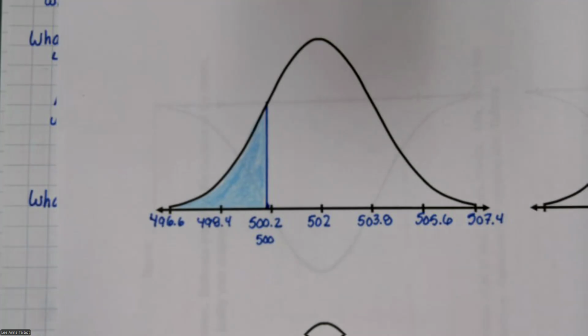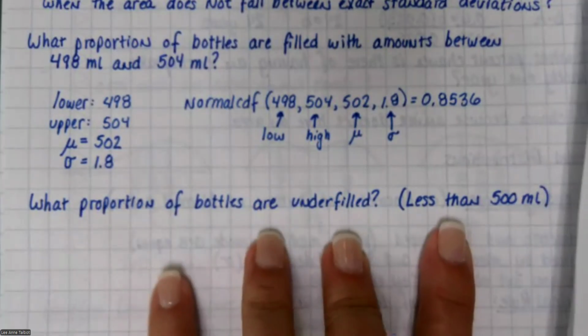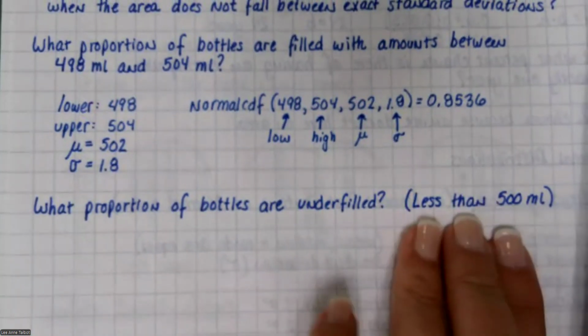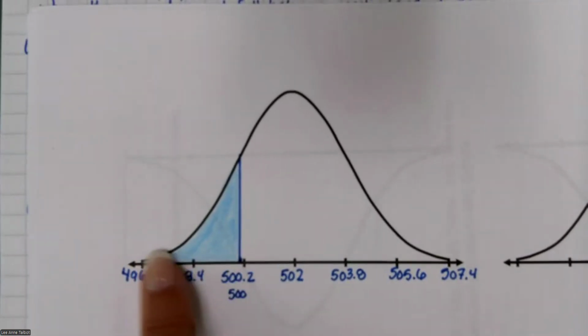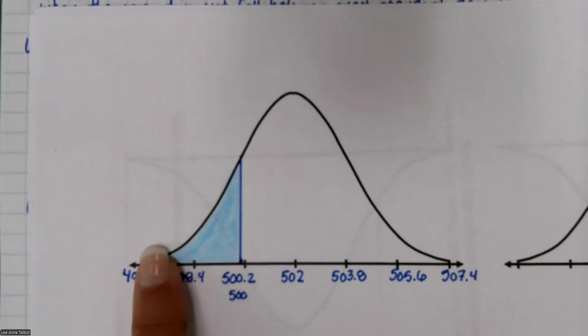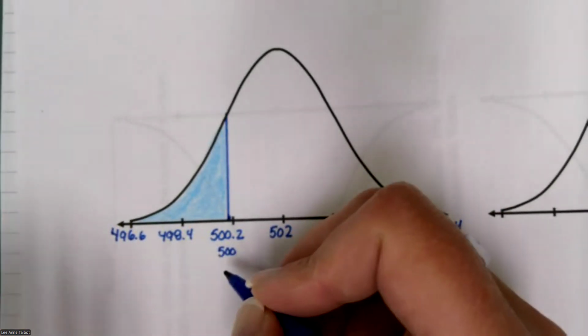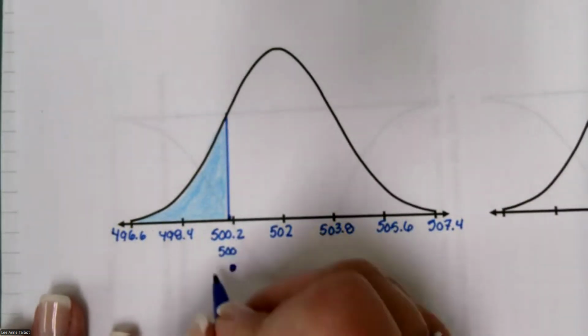Okay, so this is one of those things that will trip you up all year if we don't go super slow and careful. You guys are like, what's the big deal? Well, we have to read this problem. It says, what proportion of bottles are underfilled? And I wrote this for you to help. Less than 500. So that's the area that I shaded. So I made 500 right there, and then I shaded less than that. However, what I want you to do is put a ray underneath. So I want you to put a dot at 500